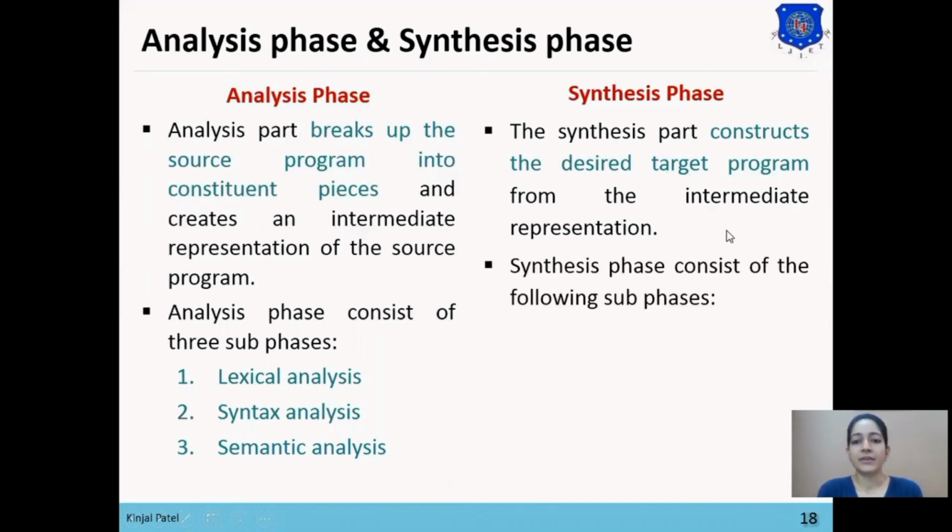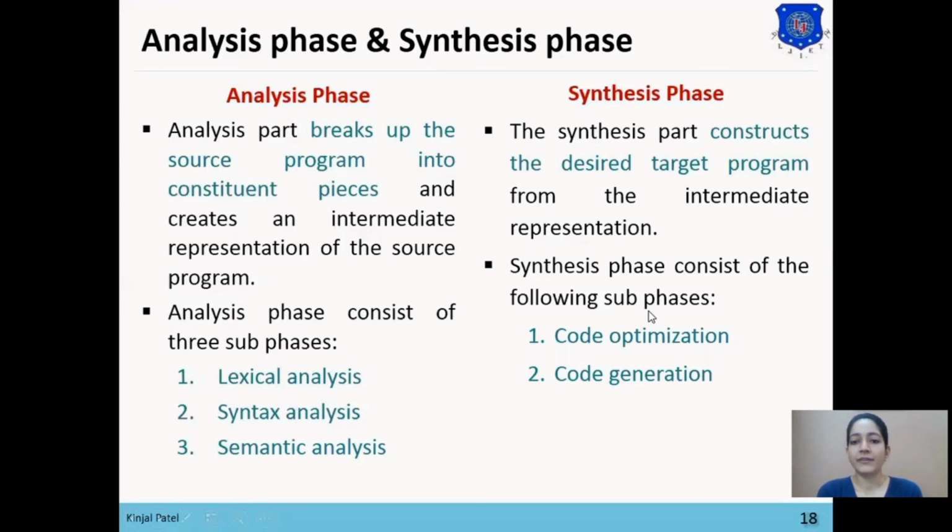So the synthesis phase consists of two sub phases. First one is code optimization and second one is code generation. So there are a total of 6 phases in analysis and synthesis. First are lexical, syntax, and semantic, and then the output of these 3 phases is stored in an intermediate representation, which is our 4th phase, and then that intermediate representation passes the output to code optimization.